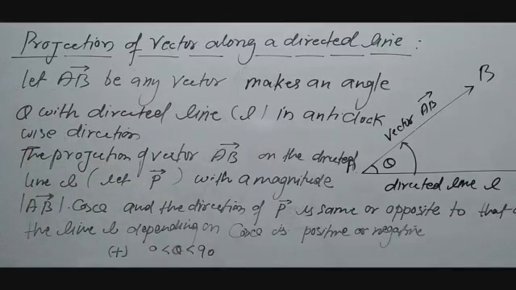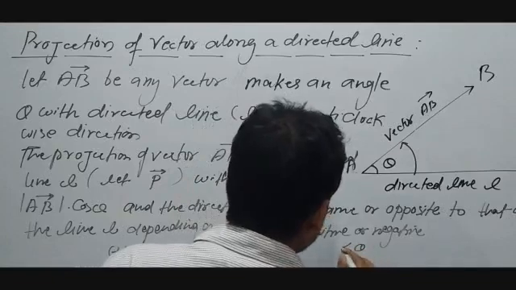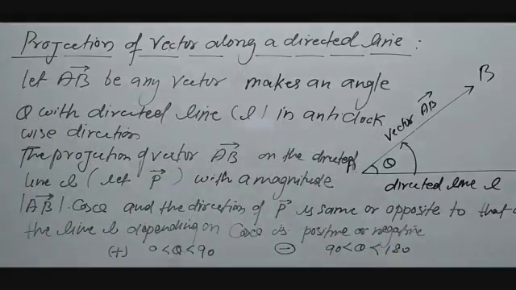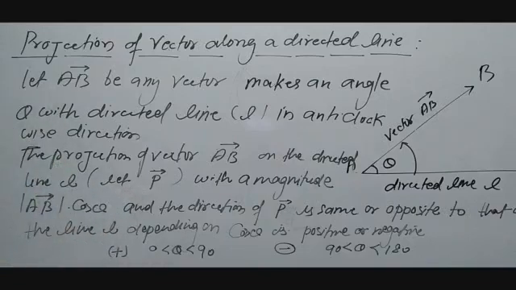And now the second quadrant. For the second quadrant, theta is greater than 90 and less than 180. This will be negative. So, you know, in the first quadrant cos theta is positive and in the second quadrant cos theta is negative. So, I have considered the projection of vector AB on the line L, that is P, and P is the magnitude of mod of AB with cos theta, and this is the horizontal projection. You have already discussed in class 11 physics components of vectors.